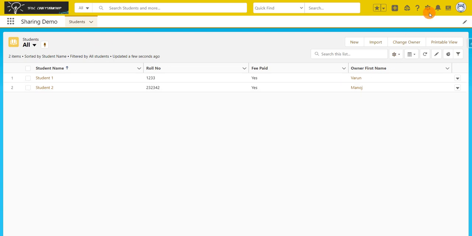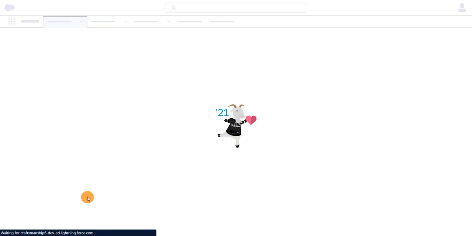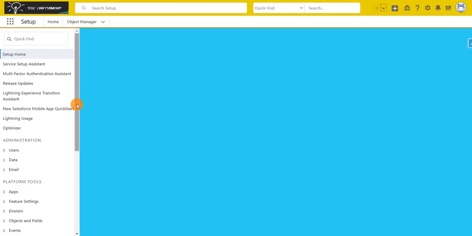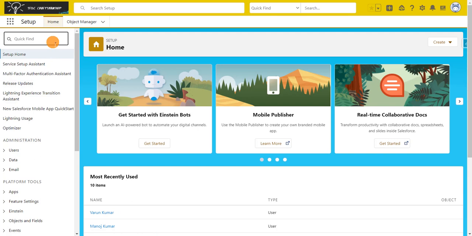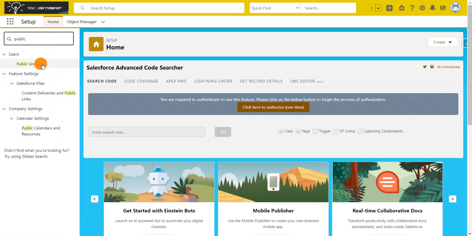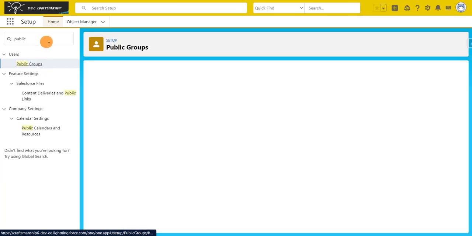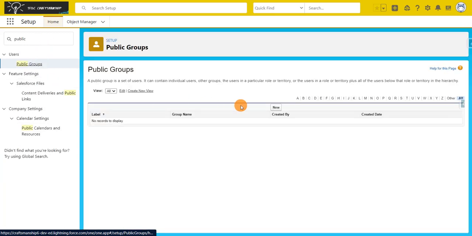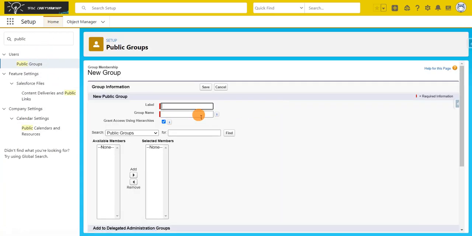So now I'll just create two public groups. To create public groups, in setup just search for public groups, and click on new public group, and here I'll make this Varun group, or I can say manager group, or else it's better to have Varun group only.